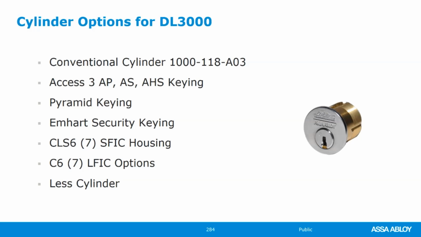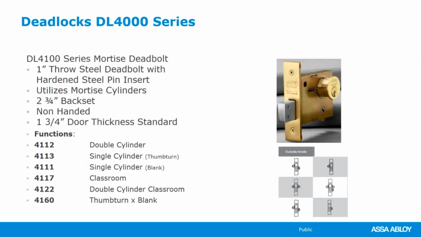So those are our cylindrical and tubular type deadlocks. Let's talk about mortise deadlocks. Now, we can do deadlock functions with our standard ML2000 series, but there's also a need out there for that smaller baby style mortise lock. It is a much smaller height prep in the opening. That is our DL4000 series,